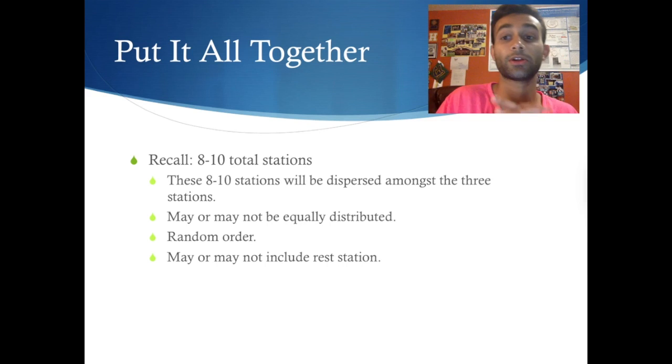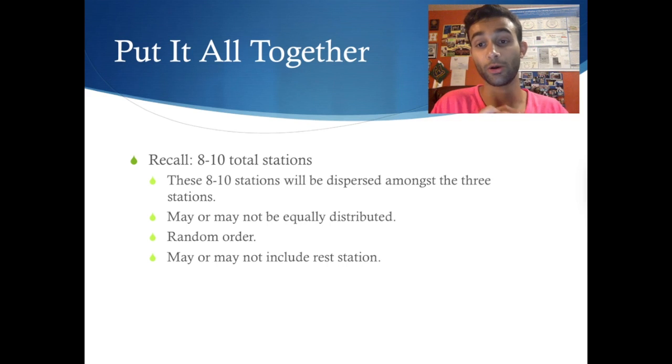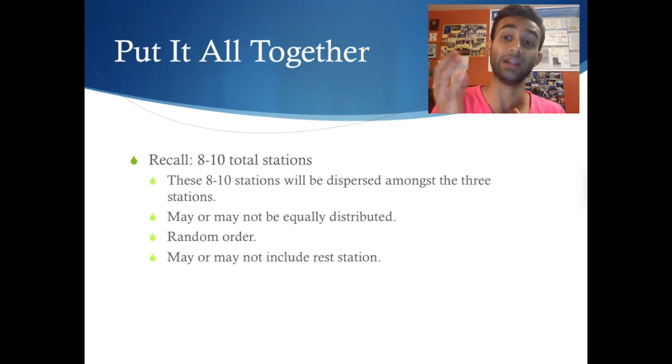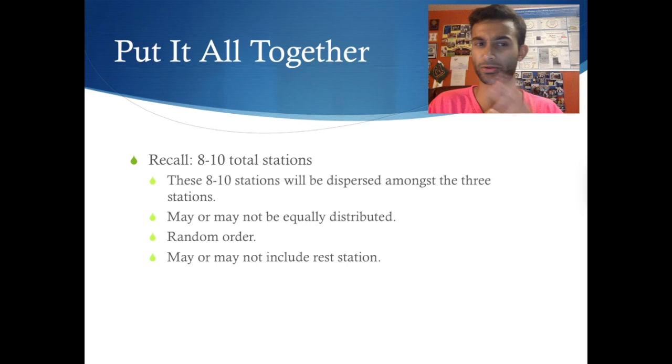Now, putting it all together. Remember there are 10 stations, so of those 10 stations, you'll have 10 questions. By the way, 10 is not absolute; I'm just saying 10 generically. Some schools have 6, other schools have 8, other schools have 10, other schools might have 7. It totally depends on the school. So let's assume they have 10. Any of those 10 stations will have questions that basically fall into one of these 3 categories.